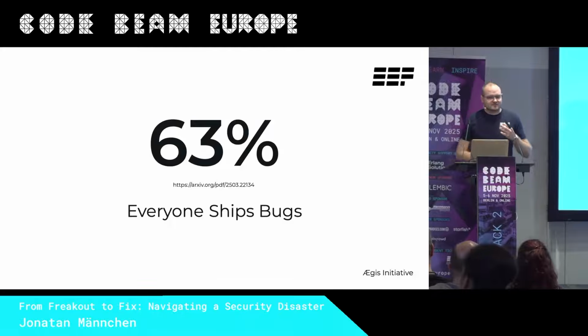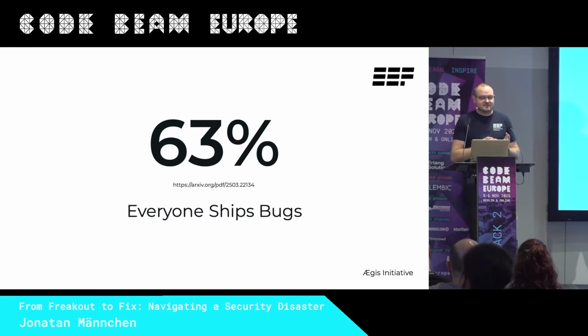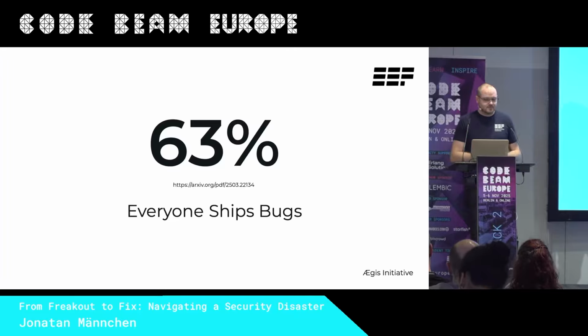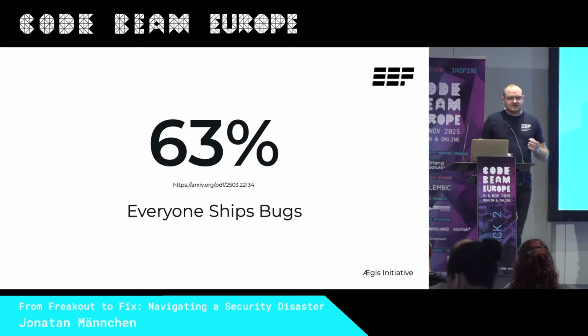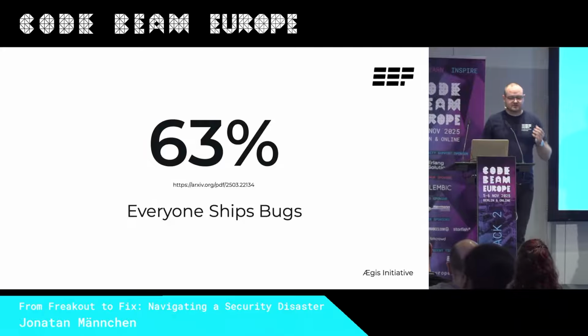So if you feel that knot of shame, thinking I should not have introduced that bug, know that you are far from alone. Brené Brown defines shame as the fear of disconnection, the worry that if others really saw our mistake, we'd lose their trust. And that's exactly how it feels when a security flaw lands in our projects. But she also points out the only people who don't feel that shame are people who lack the capacity for empathy. So if you feel it, that's not a weakness, it's a sign that you care deeply about your users.